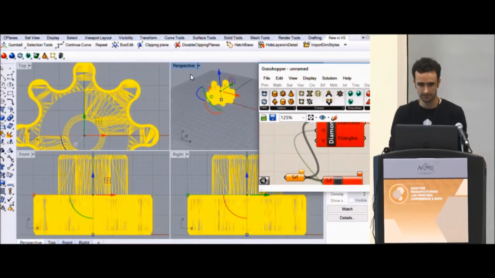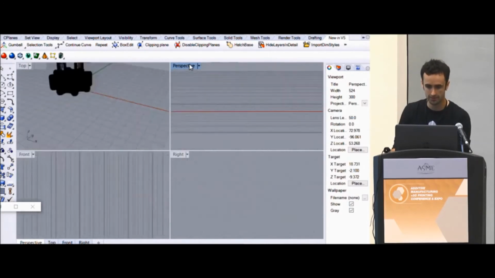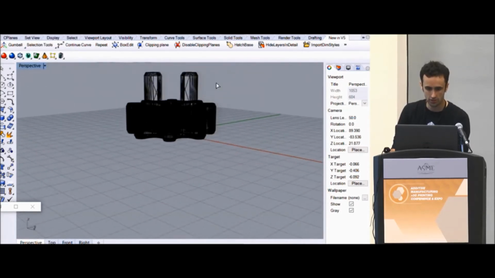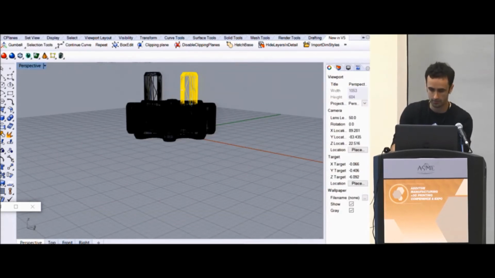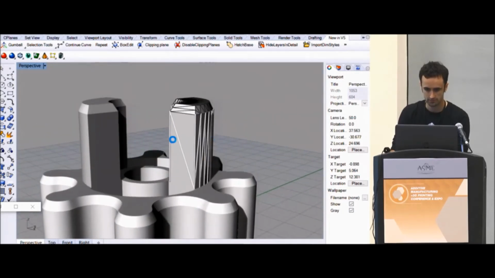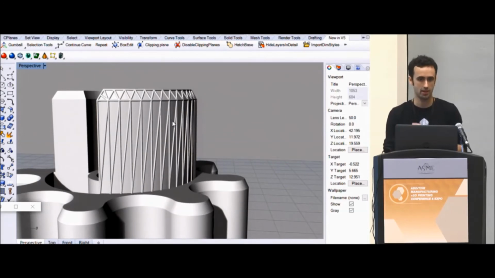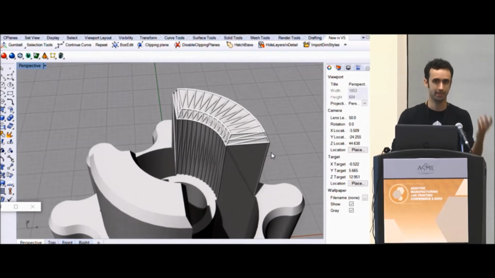I'm not even going to use Grasshopper, but there's definitely a button in Grasshopper that does this. But duplicate edge, select all of those edges, and then click pipe at 0.1 millimeters. Now I've got a nice reinforced structure running along the outside of that object. And this is, of course, determined by the tessellation of my object. So I would call it basically a poor man's optimization,